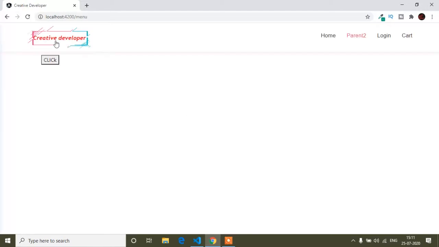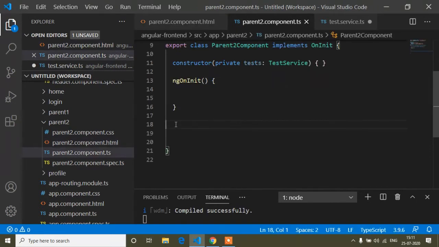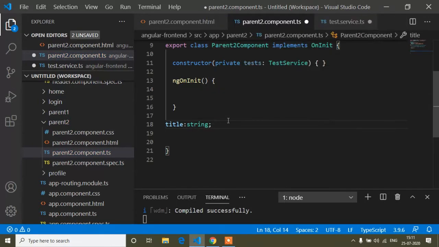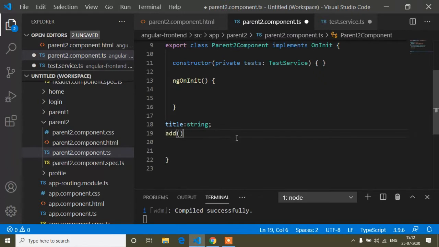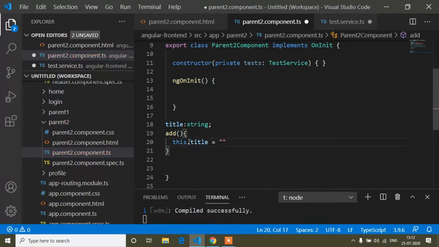Here is my website, and here you can see the button. Now inside the ts file I will create a variable, and the variable type is string. First of all I will store nothing in it, that means it is blank. Now I will copy our click function, the function name is add, and paste it here. When I click the button, I will assign some text inside this title variable. So this dot title equals to,